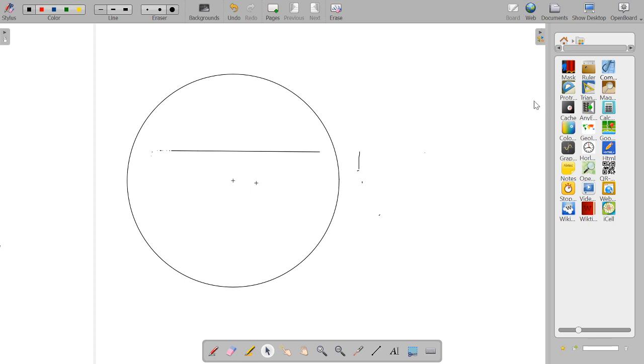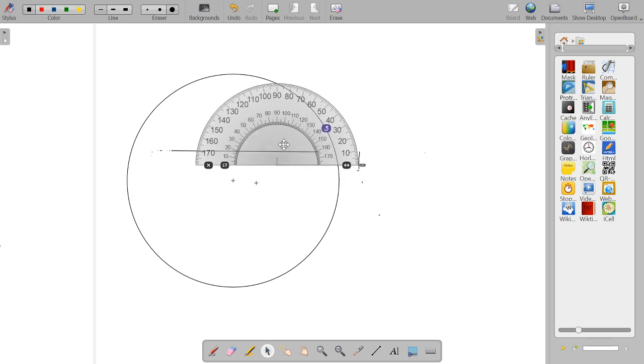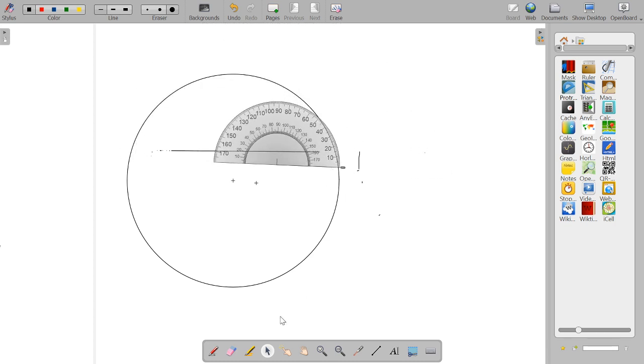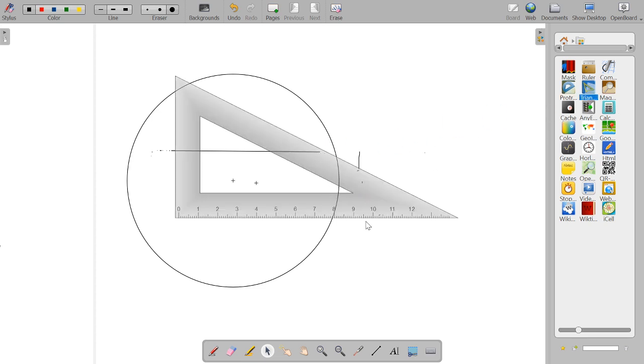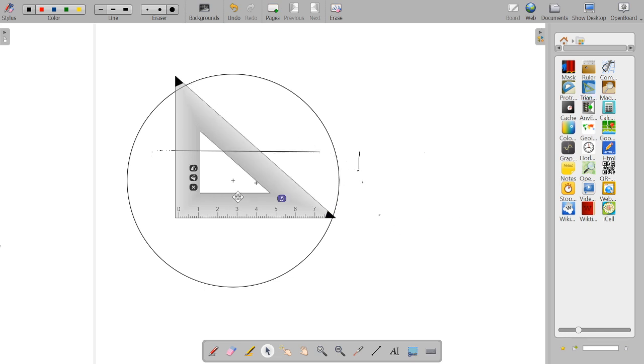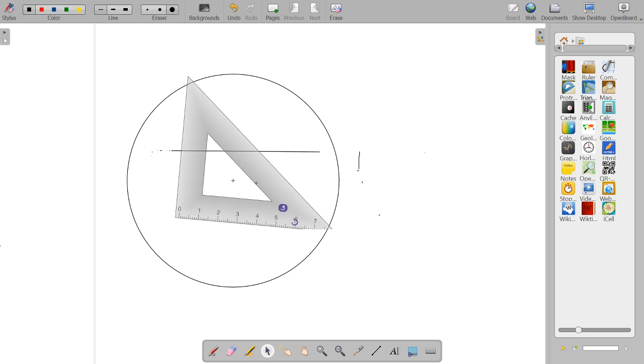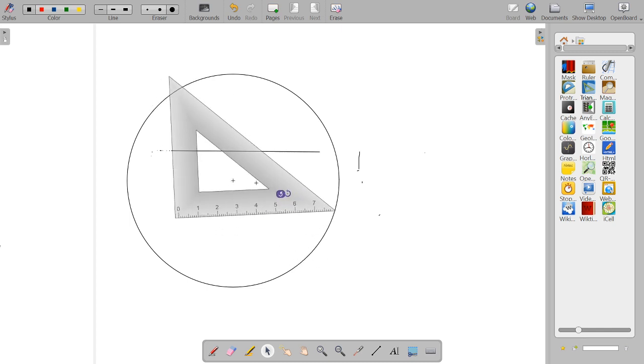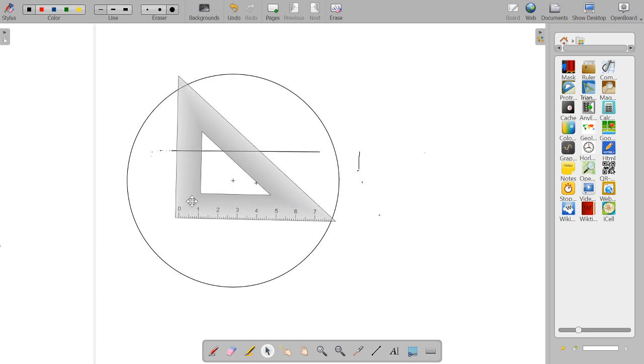Now there are so many others. Now protractor is there. You can bring it down over here, and you can show the children what is the size of it. This protractor can be rotated like this. It can be rotated, or you can increase the size of it, and so on. You play around and see how the protractor can be used. Now you are having triangles also. These we are calling set squares. This triangle also, you can reduce the size of it, and you can rotate it, and you can show the children some kind of thing. You can make it a kind of interactive thing.